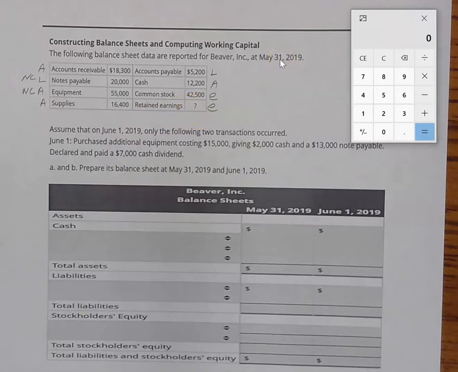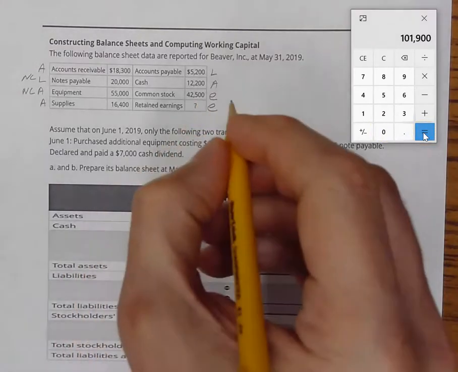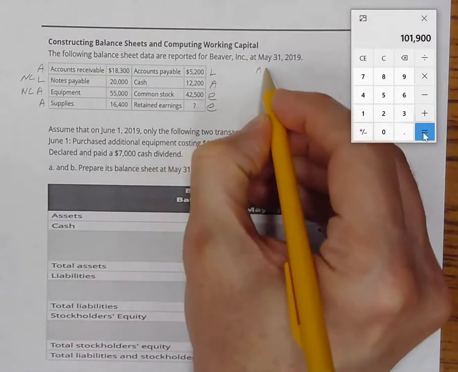Okay, so what we need to do in order to get our retained earnings amount as of May 31st is go ahead and add up all of our assets. So I'm going to start with the accounts receivable amount of $18,300. Add to that equipment. Now let's see, I did that wrong. $18,300 plus $55,000 plus supplies of $16,400. Okay, plus cash of $12,200, and that's going to give me assets